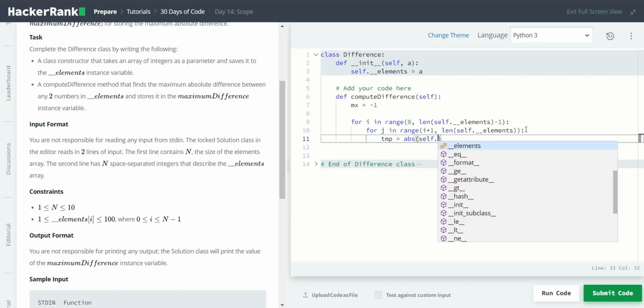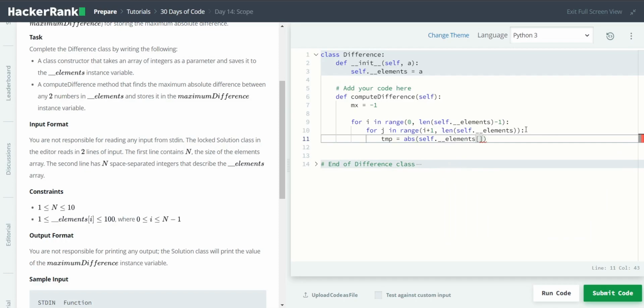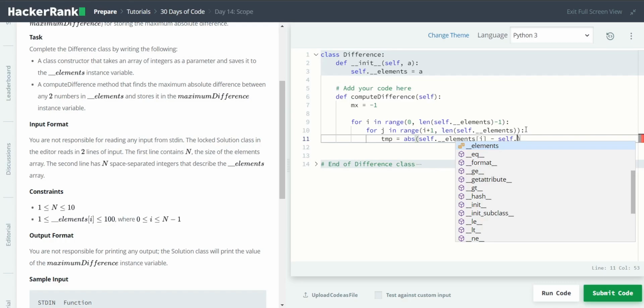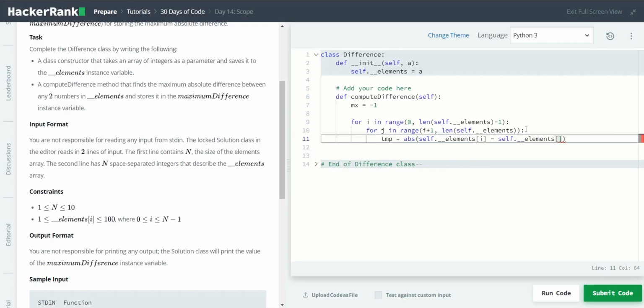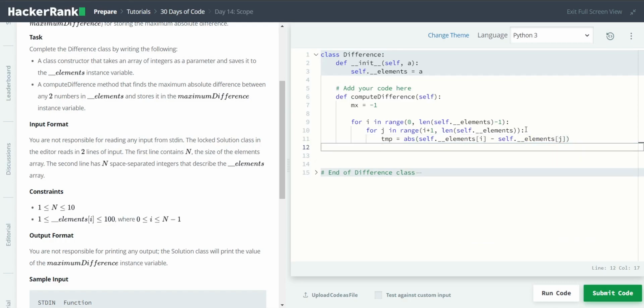Self dot elements i minus self dot elements j. Okay, give me the absolute difference of two numbers and store that number in a tmp variable,